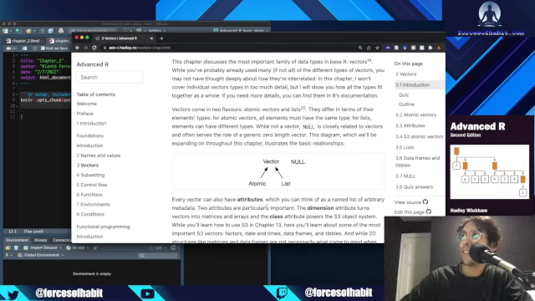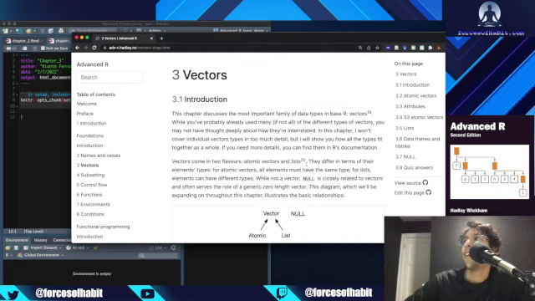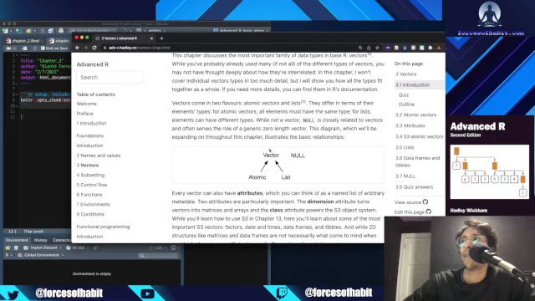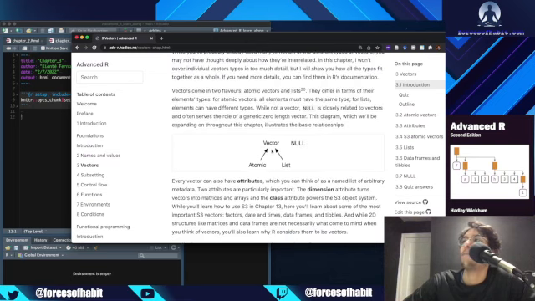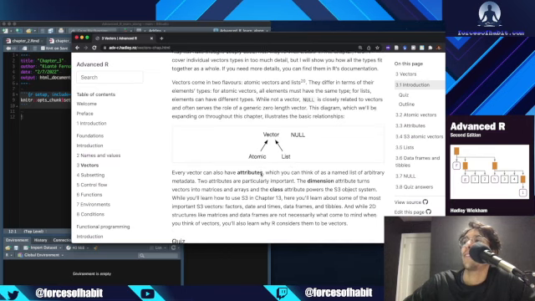Before we get into that, let's just break down the most important features of the chapter today. So we have a vector. We're going to talk about 2 types of vectors: atomic vectors and lists. Actually, there's a third one called NULL, but it's not a vector. I guess it's a generic length 0 vector. But lists, otherwise known as generic vectors,